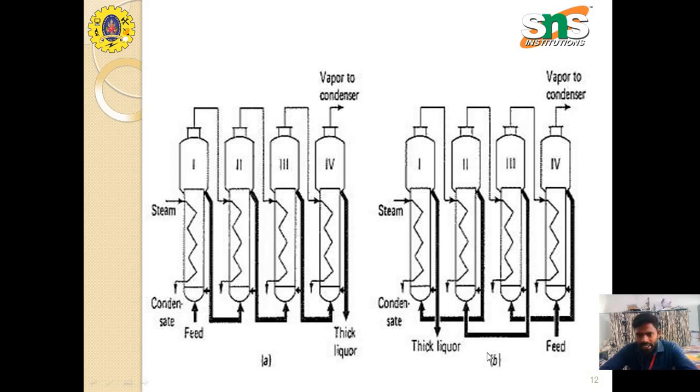Whereas the second one is the backward feed multiple effect evaporator. Here the steam is the heating medium, used to evaporate the moisture present in the liquid mixture called the feed. The steam and feed are supplied at opposite ends, and as the process goes on, the feed passes through the remaining evaporators one by one, and finally we get the thick liquid